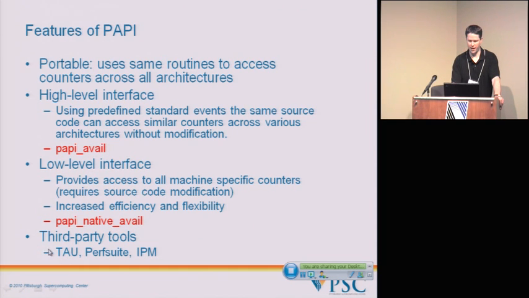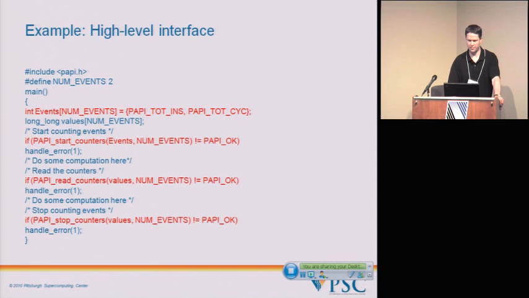PAPI is also used by a lot of third-party tools, and all of these we'll mention today. For example, Tau, PerfSuite, and IPM can all use PAPI to hide the complexity of this further and give you access to the information available. So this is just a quick example, just for your reference. If you want to take the low-level approach and just count these events for yourself in your code, without using any other tools, then you can use, for example, this high-level interface to define